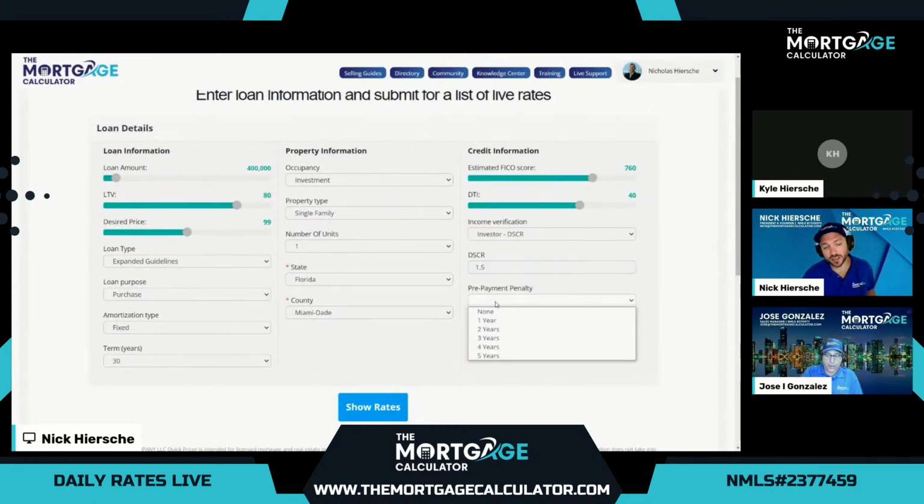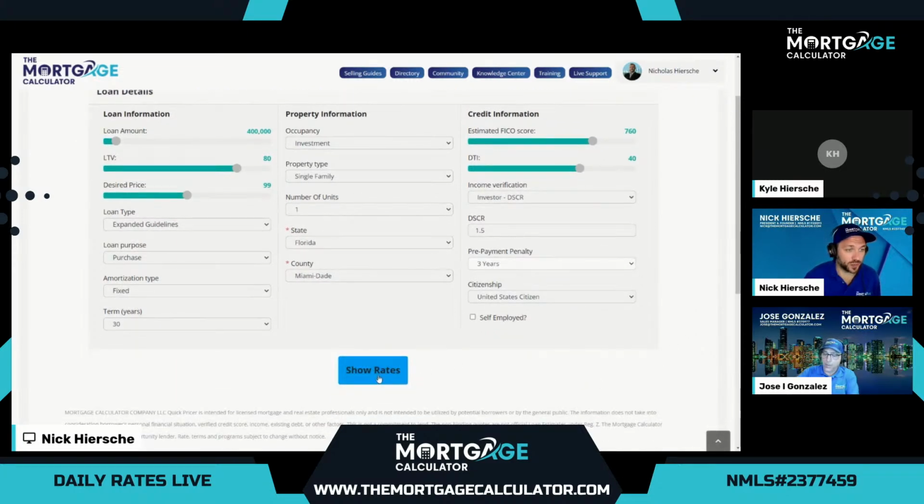And the final thing we need to select is a prepayment penalty. We will always select 3 years because that is standard. There are options for 0 prepayment penalty that will cost a little more and limit the loan programs. And same with 5 years. Not all loan programs allow 5 years, but when we do have those options, it does save our borrower a little bit of money. However, the most common is 3 years, so that's what we always use for our demo here. So with these basic settings, let's check out the DSCR options this morning.